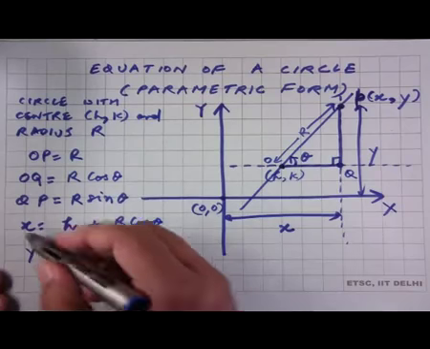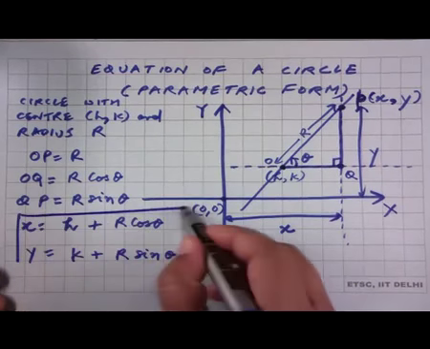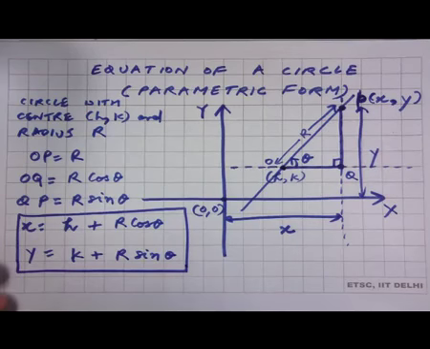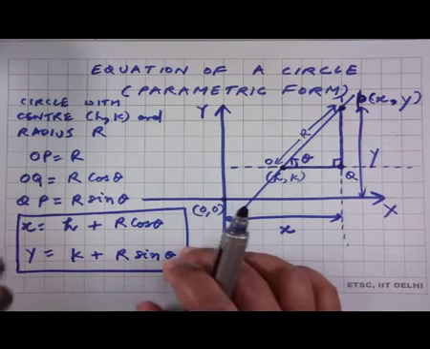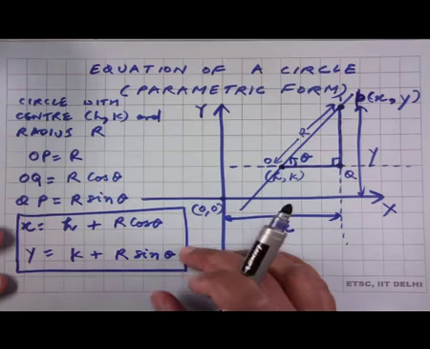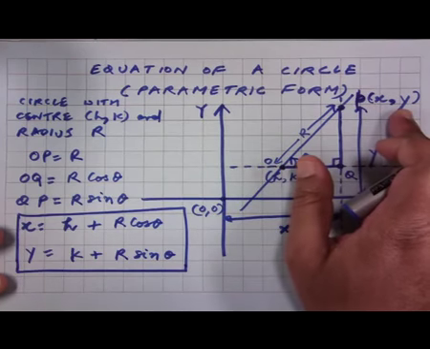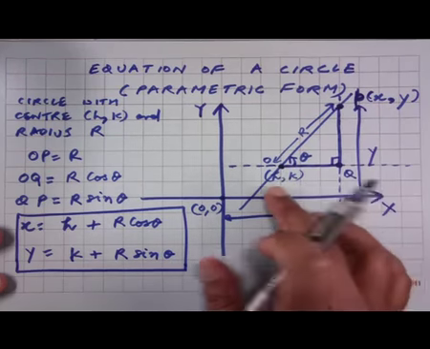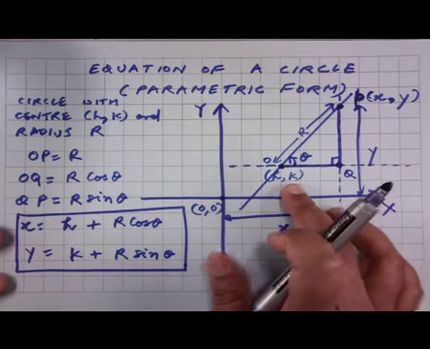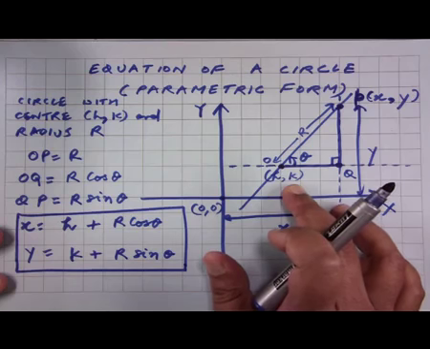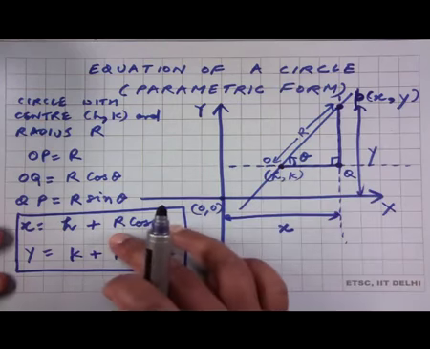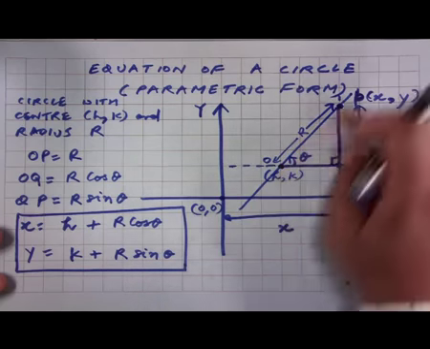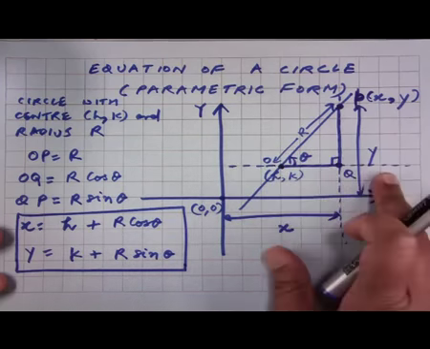So, indeed, we now have an expression for the x and y coordinate of this point P in terms of the coordinates of the center of the circle, the radius r of the circle, and the angle theta between this straight line and the horizontal x